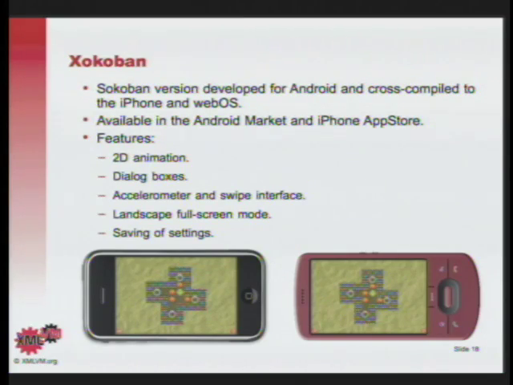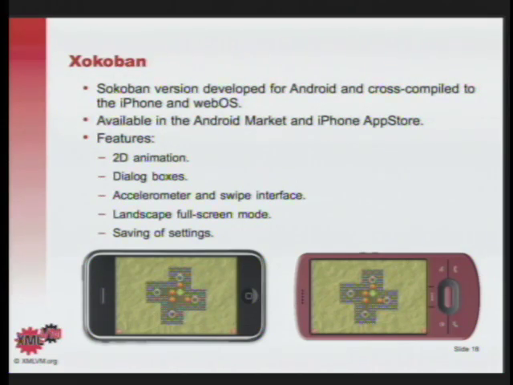Now, I mentioned before that Android is very well equipped for dealing with different device capabilities. So the way we have written this Sokoban game is that we look at what the screen resolution on the device is. On the iPhone, at least so far, it only has a certain resolution of 480 times 320. But the Nexus 1, for example, on the Android side has a higher resolution. So our implementation of Sokoban renders nicely even on high-resolution screens.